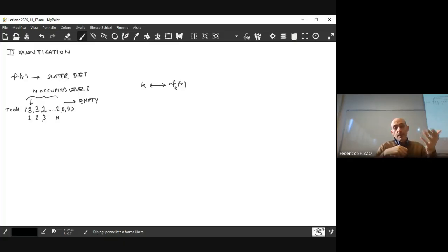The idea of the second quantization approach is to make an approach where the antisymmetry is included in the formalism itself. So it's not something you apply from the outside. So the idea is to introduce some operators that may handle the states of the system that are built up in this way, such that the action of those operators produces a system that is already antisymmetric from the beginning. So this way, we have to define operators